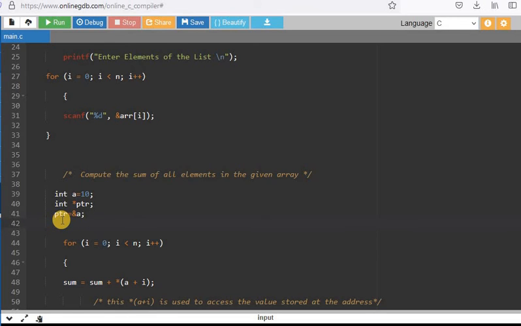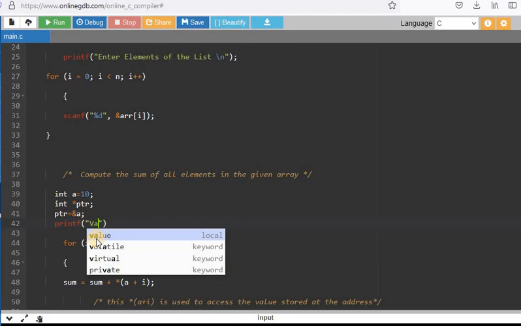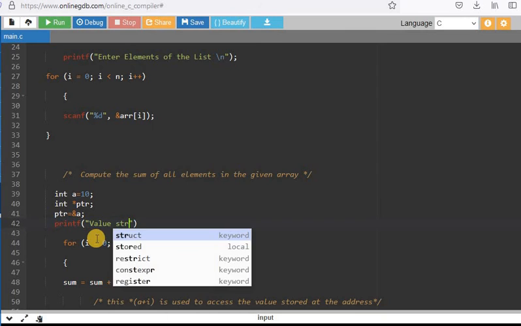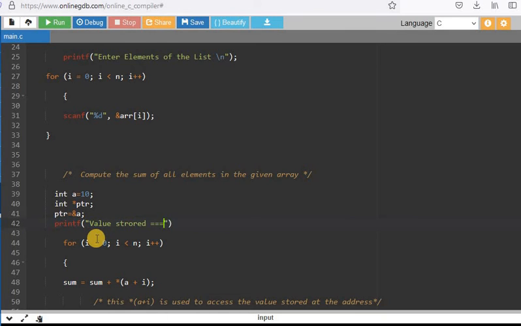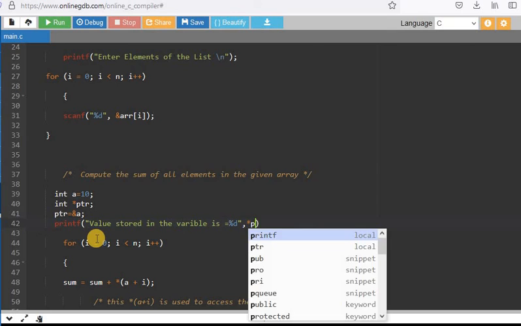But suppose I print like this: printf value stored in the variable is equal to %d, and I write star ptr.